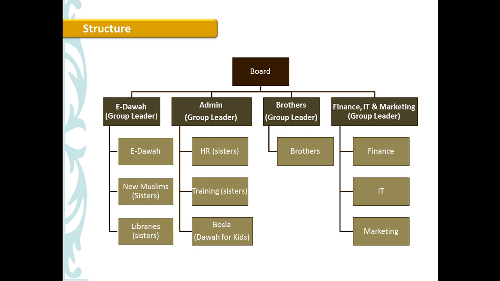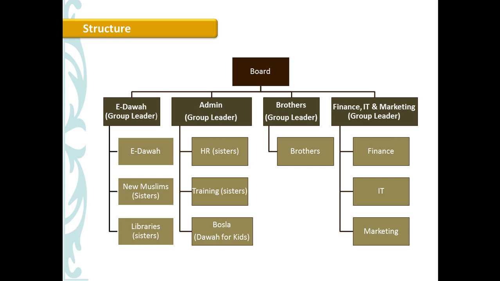Ahlan has both sisters and brothers, so we have sisters following new Muslim sisters, and we have libraries. Libraries are the da'wah bookcases or da'wah tables that we have at the touristic locations. We have 2,